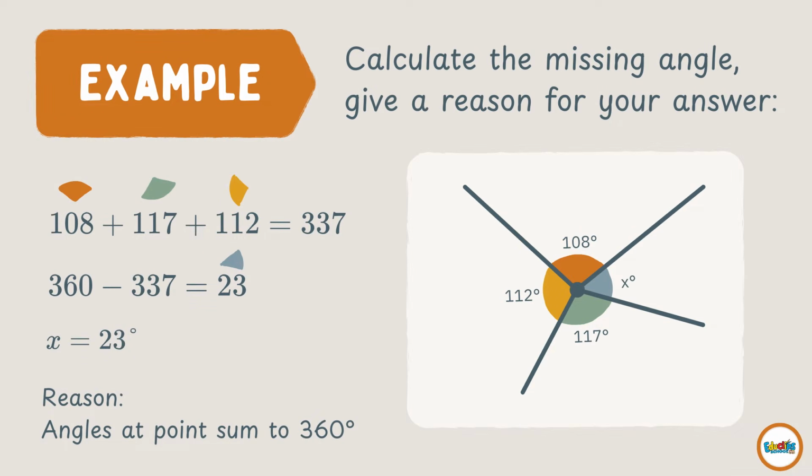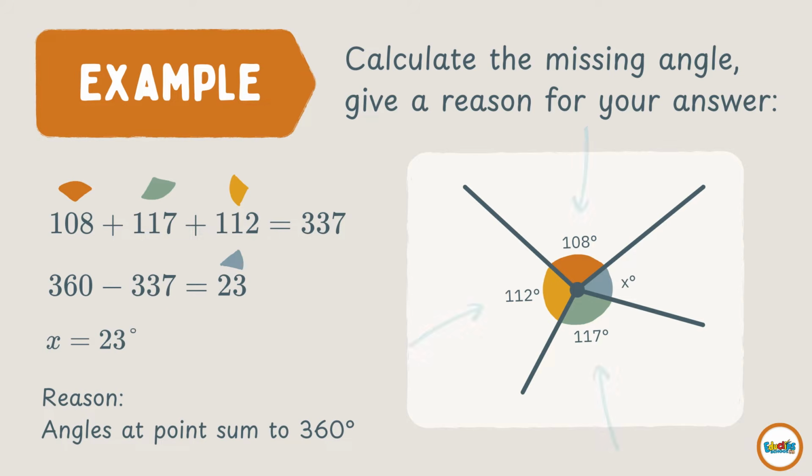So just like before, here is an example of a question that involves angles at a point or a full turn. The question says, calculate the missing angle, give a reason for your answer. So what facts do we already know? Well, we know that the angles around a point must add up together to 360 degrees. That piece of information is vitally important. But what other facts do we know? Well, we can see already